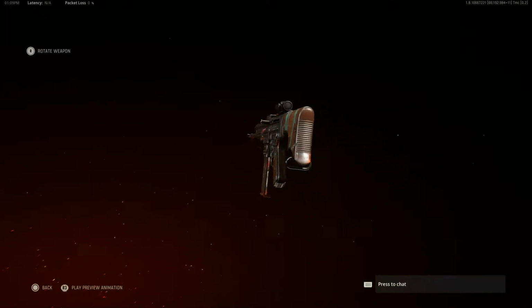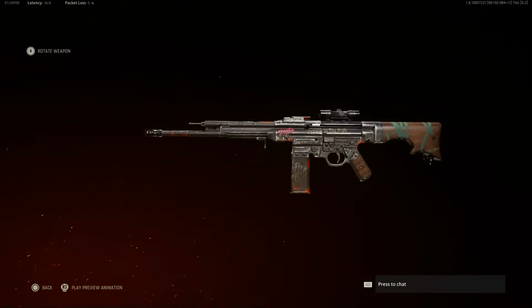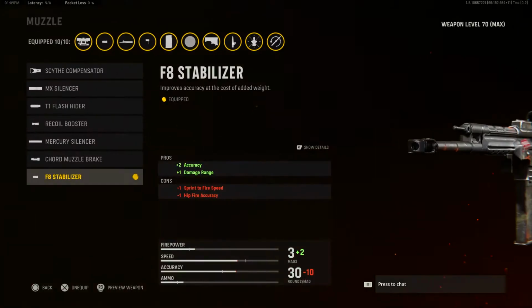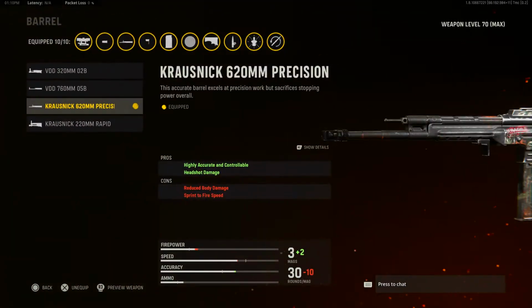Here's a look at the Ripper blueprint for the STG-44. So without further ado, let's go ahead and get into the review. Starting off with the first attachment, we have the F8 stabilizer. Then we have the M1941 hand stop, the Krausnik